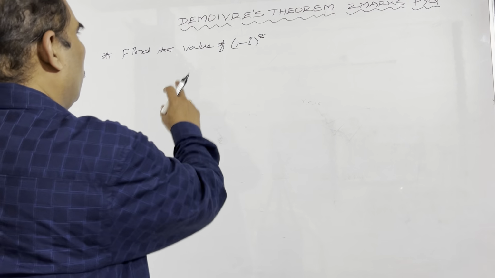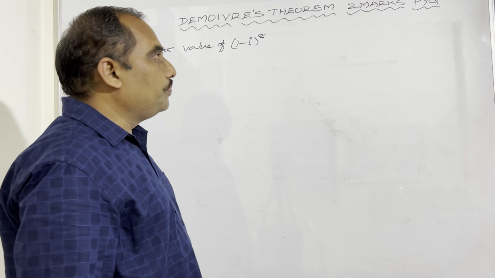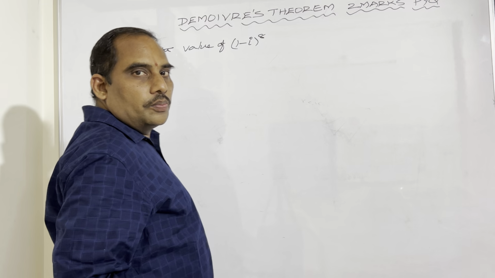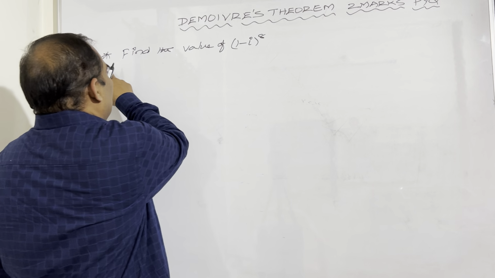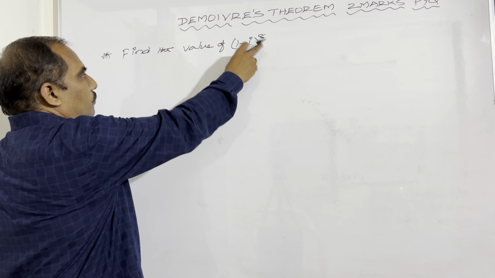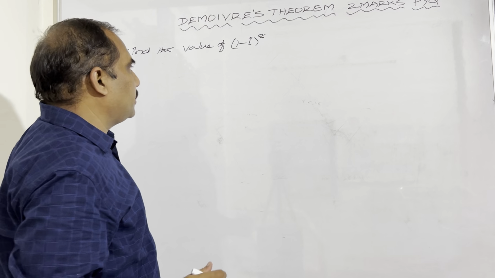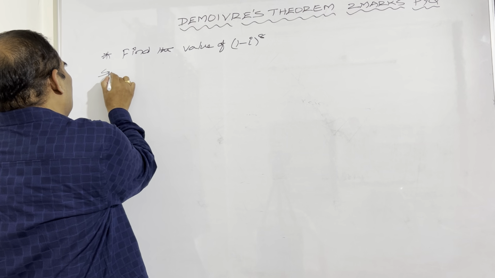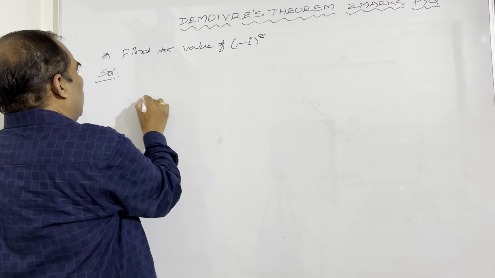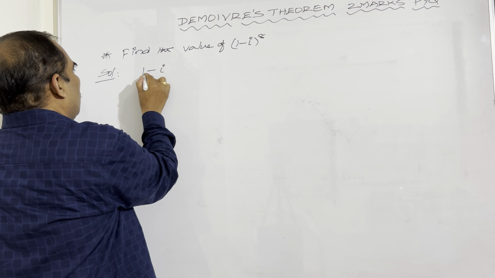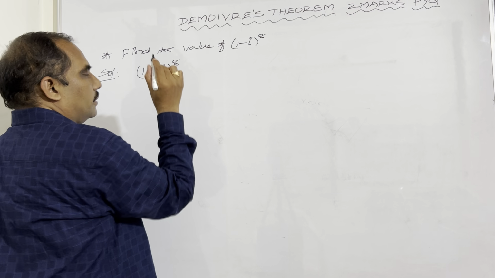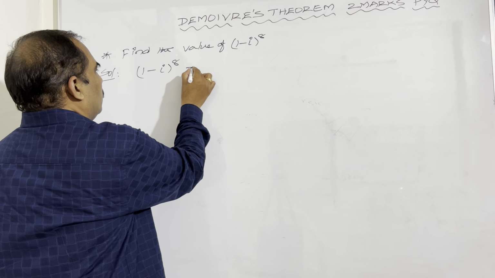In this video, we are going to discuss De Moivre's theorem, 2 marks, PYQ. The question is, find the value of (1 minus i) whole to the power of 8. So, in the solution, taking that (1 minus i) whole to the power of 8, which is equal to,